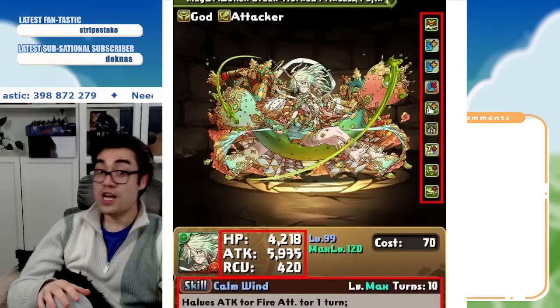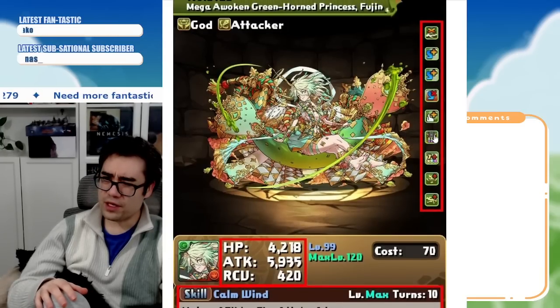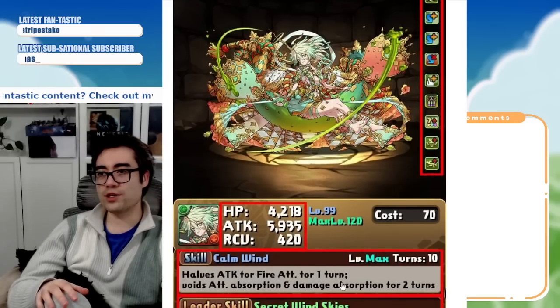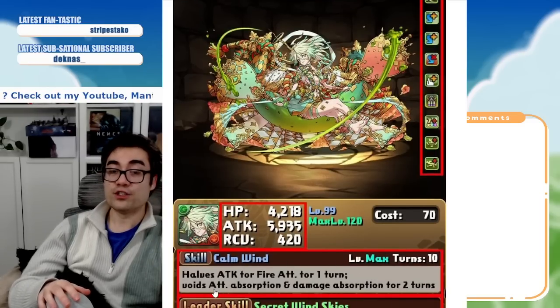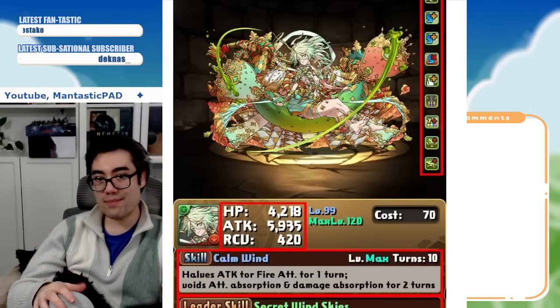On the other hand, Green Fujin has received various buffs. I believe they gained a VDP here and lost a 7 combo, but maybe their attack stat went up. I can't recall. But more so, it's their active skill that I think is most exciting. Is now a 10-turn cooldown for 2 turns of damage and attribute absorption cancellation, which is quite meaningful overall when